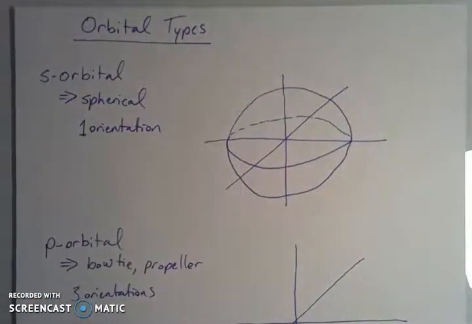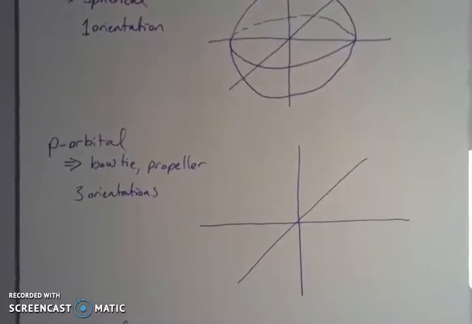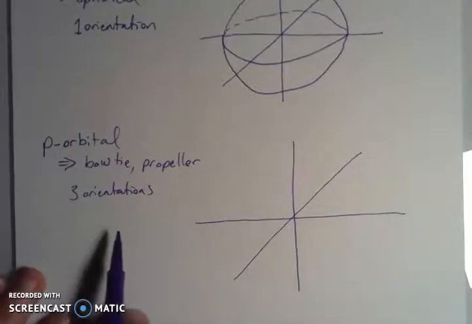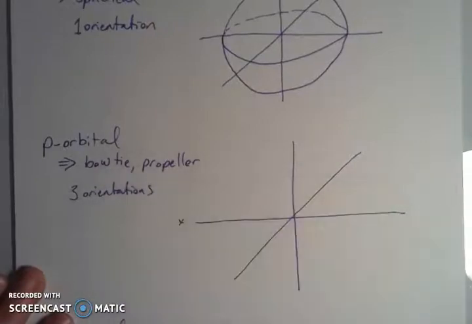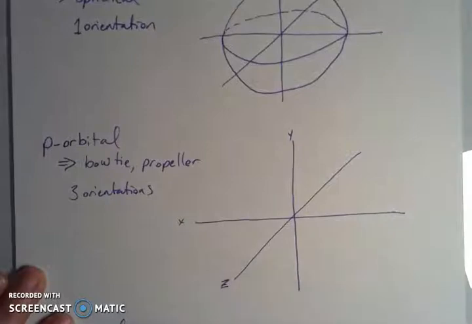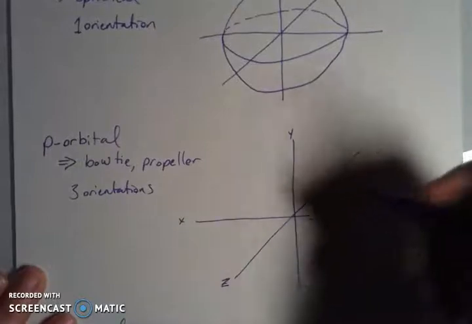Now, p orbitals are slightly higher, energetically speaking, so they're a little bit further away from the nucleus. Again, the greater distance from the nucleus that an electron is, then the greater the potential energy. They've been described as bow ties, or you see propellers, or dumbbells is another way, and there's 3 different orientations. If we call this our x-axis and our y, and we have our z kind of coming in and out of the page here,